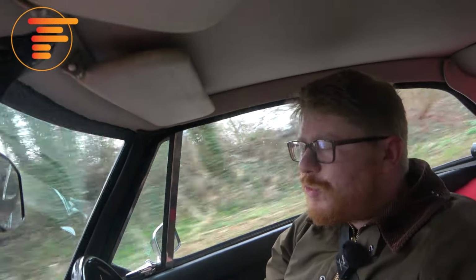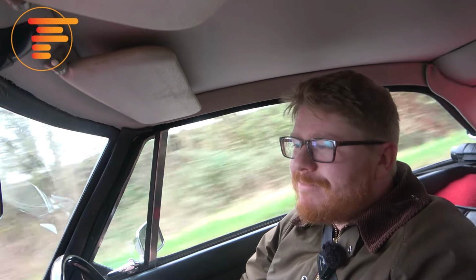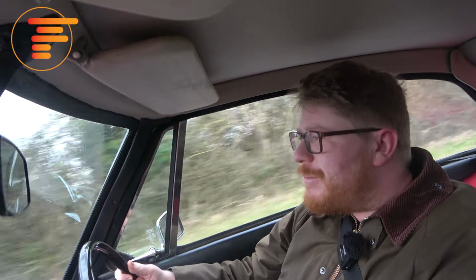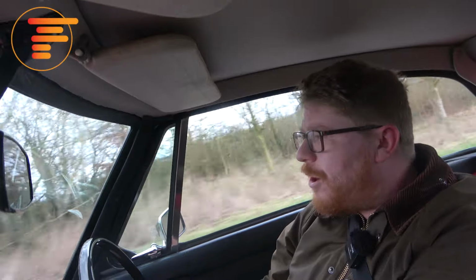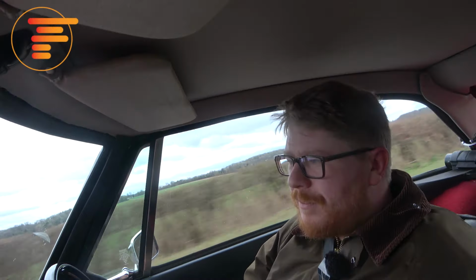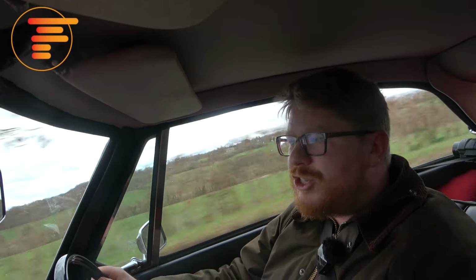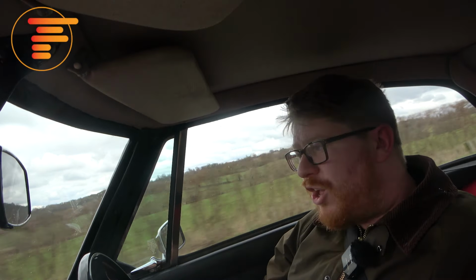So I've got a couple of twisty little bits of road up here, so let's try and see what all the criticism was about this being a big nose heavy understeery machine, because I'm carrying 60 miles an hour through this corner now and it's holding on no problems at all. Yes, you can feel the weight up front there, and there's a lot of weight up front, but it's getting on with the job. The brakes are bigger on a C as well, so if I servo assist as well,